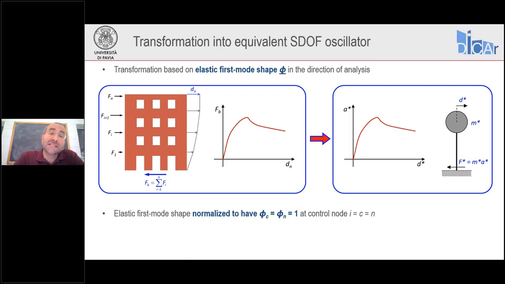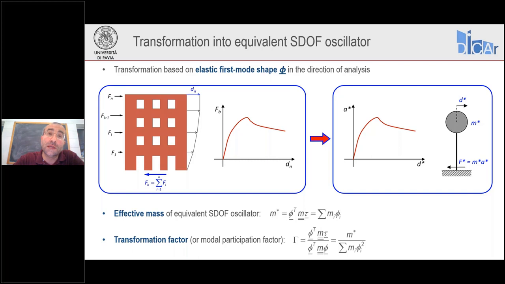This transformation, as anticipated, is based on the first mode shape phi of the structure. Usually we take the elastic first mode shape in the direction of analysis. And this first mode shape must be normalized in a way that its component at the control node is equal to 1. So phi c or phi n, its equivalent, must be equal to 1 at the control node. This is done for the multiple degree of freedom model. Once we determine this first mode shape and we normalize it,